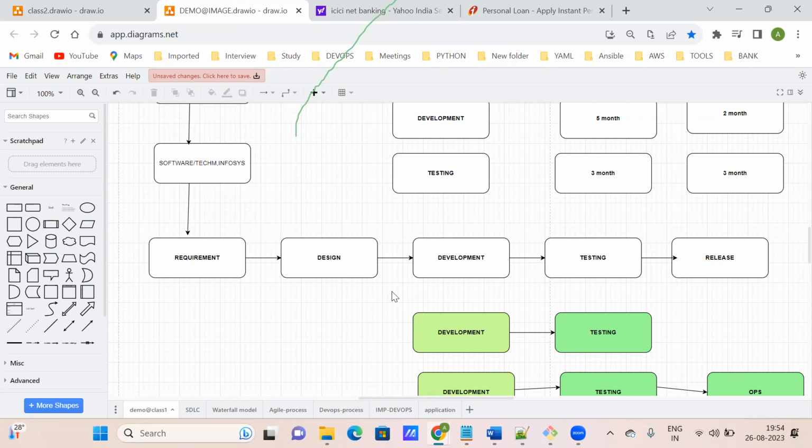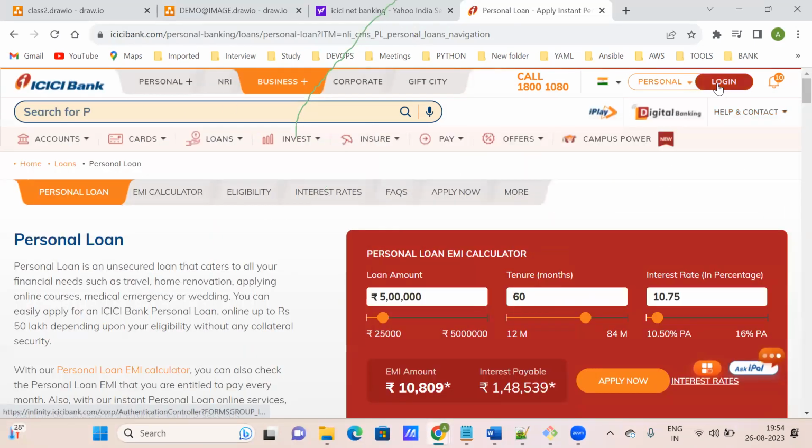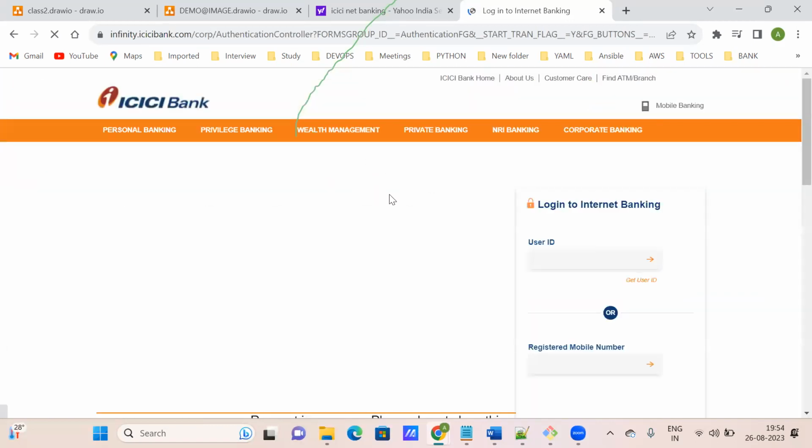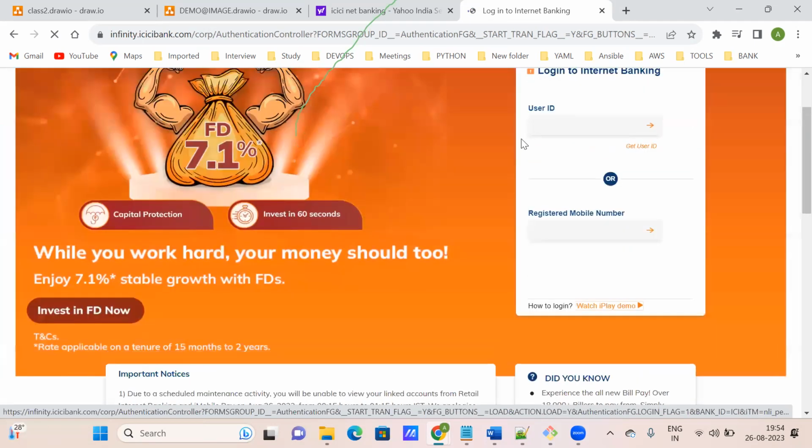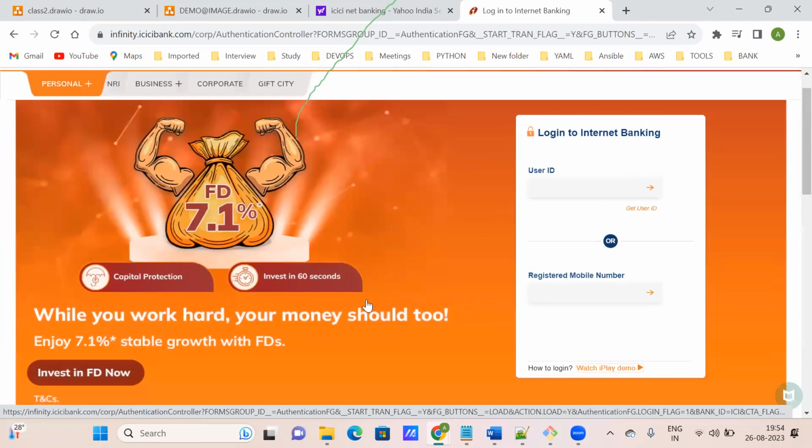In the agile process, they are continuously doing the development process. That means they are not going to wait 5 months to test the product once development completes. Let's take an example. When we log in for ICICI Bank, let's say, or any e-commerce site, designing this page may take 1 day or less.